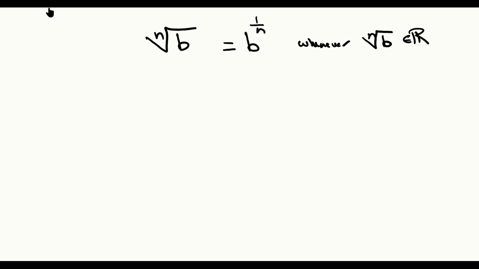For example, if we were to look at 16 to the power of 1/2, if we apply this rule and convert this 16 to the 1/2 to its radical equivalent, we get, notice that the denominator here is going to become the index in the radical expression. So it becomes the square root of 16 to the power of 1, which is, of course, the square root of 16